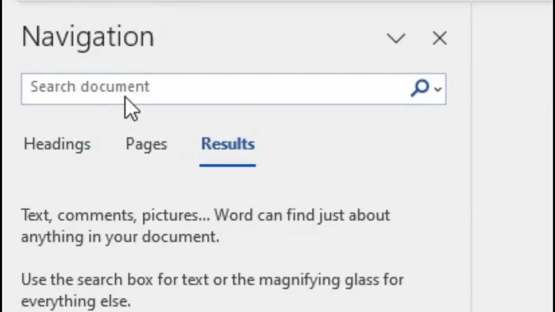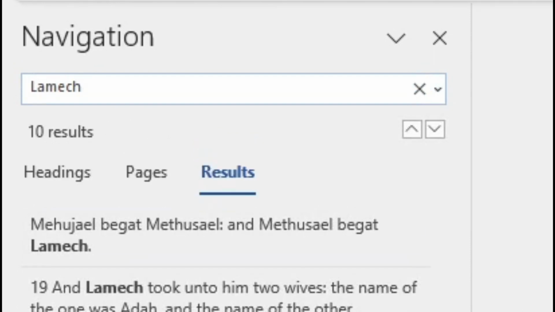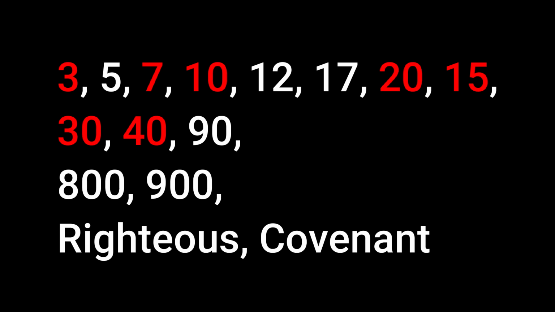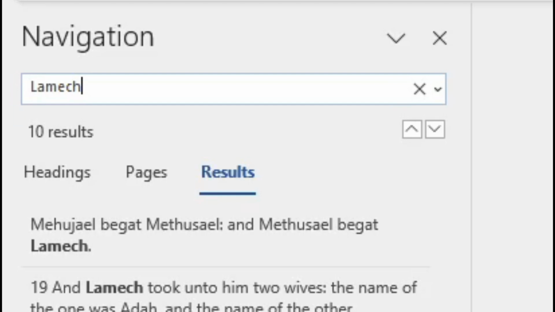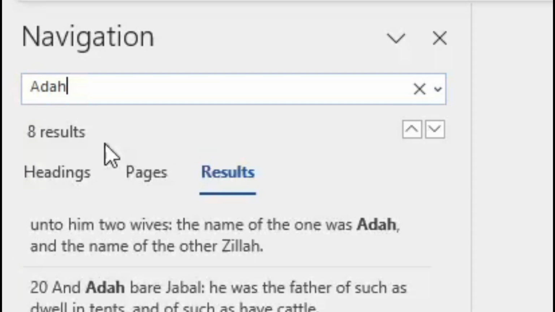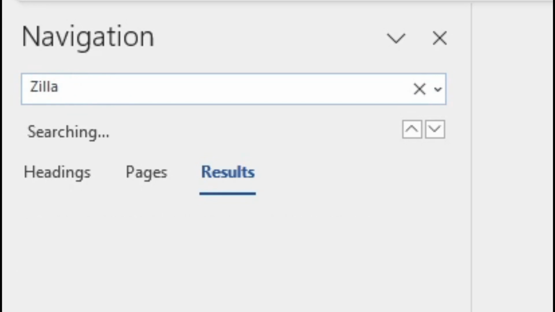So you have to get used to the idea that the code is held in the numbers. Lamech. Lamech is repeated 10 times. What that means is Lamech is a good thing. But Lamech has a wife. Let's see. He's got 2 of them. Ada and Zillah. Ada is said 8 times. That is 1 over 7, so that's bad. Zillah? Three times, so that's good.